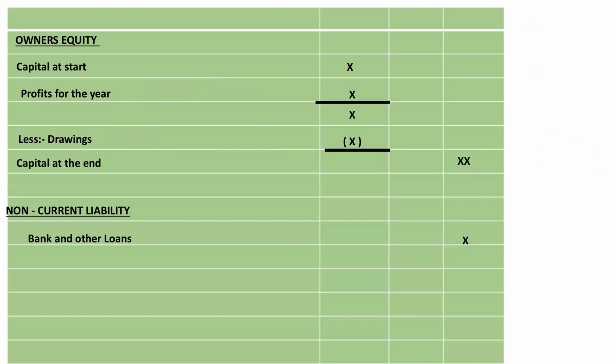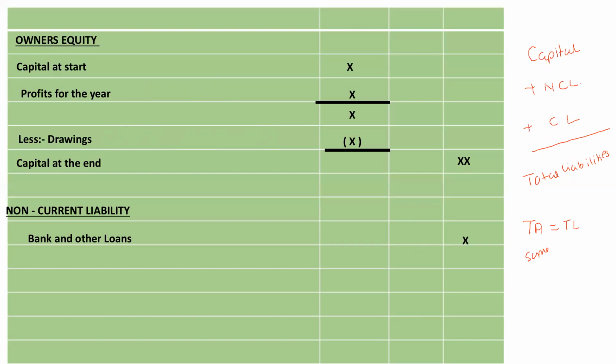And the third thing that we will add, first is capital. Second is the non-current liability. The third thing that you will add is the current liability, which will give you your total liabilities. And all the time, if there are no arithmetical errors, your total assets will be equal to your total liabilities. If your total assets is equal to your total liabilities, you can say with some certainty that your books of accounts are error free.